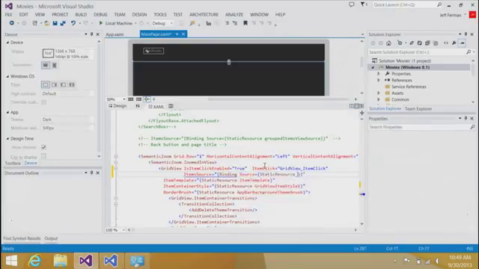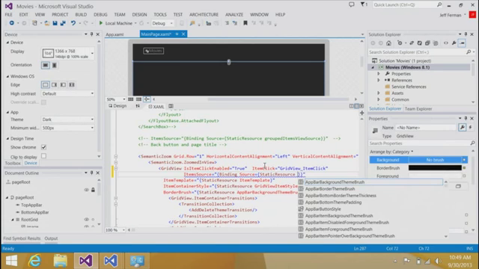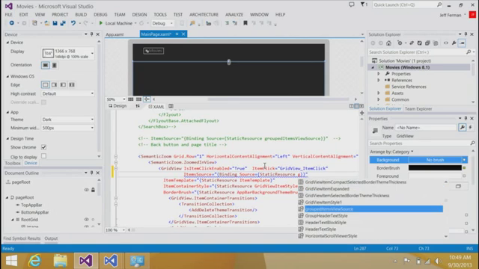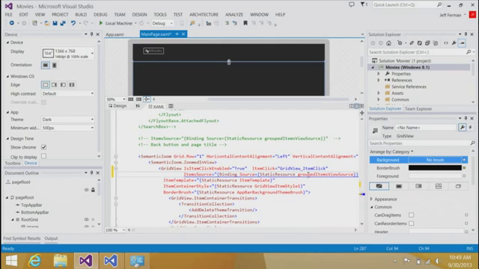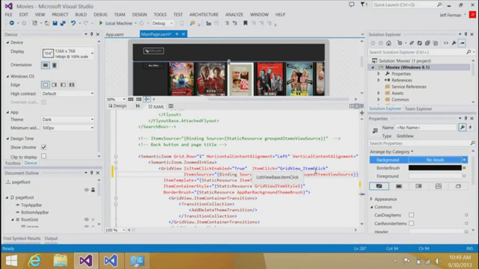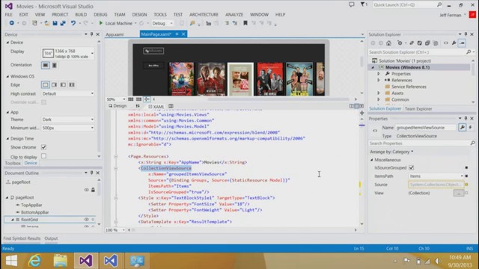So type static resource. Now as soon as I hit space, we see a list of all of the available resources appear, both system resources as well as local resources. I want the grouped items view source, so I hit it, hit enter, and now as the binding is complete, the movies appear again. If I want to have more context on what this actually is, I can just click on it, hit F12 or go to definition, and it'll take me right to the collection view source defined above